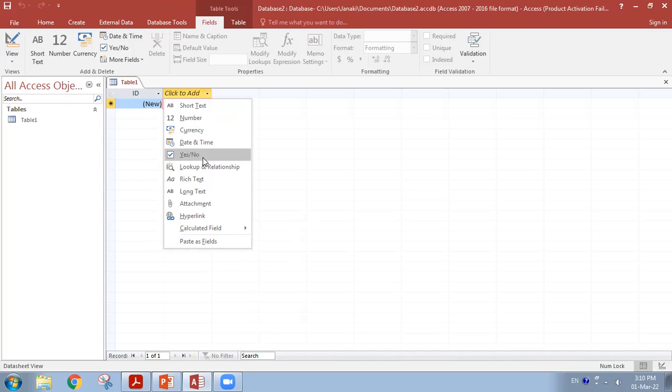Yes/No is mainly used if you want to display a specific result, like whether the result is pass or fail, whether an employee joined the company or not, or if you want to display the gender, male or female. In that case you can select yes for male and no for female, depending on you. Then lookup and relationship,